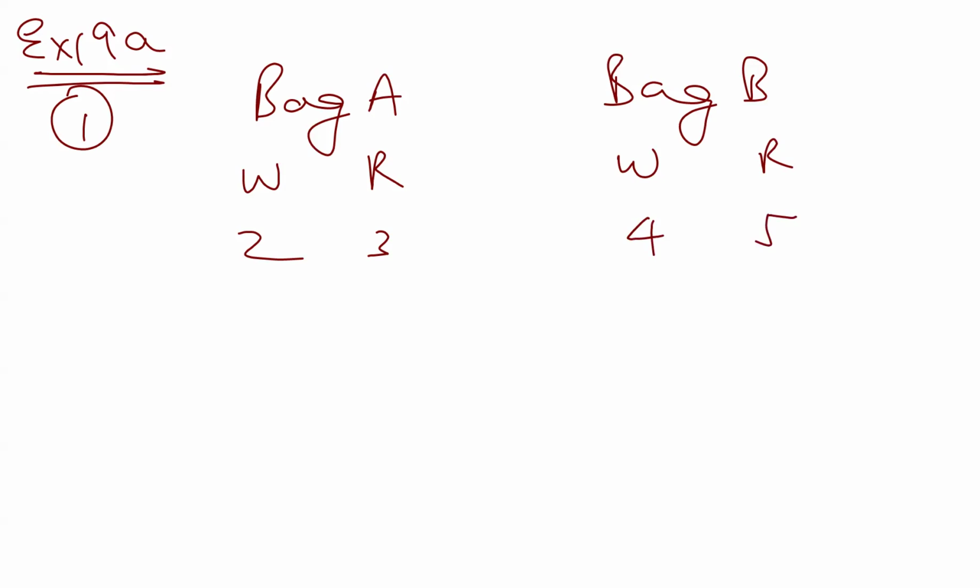4 white and 5 red balls. Okay, so they are telling you that one ball is drawn at random from one of the bags and it is found to be red. So we are getting a red ball over here. But what probability are they asking? Just read that. The probability that it was drawn from bag B. So they are asking that a red ball was drawn, but then what is the probability that it came